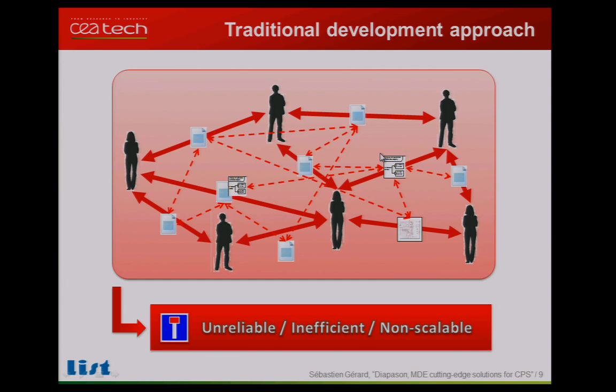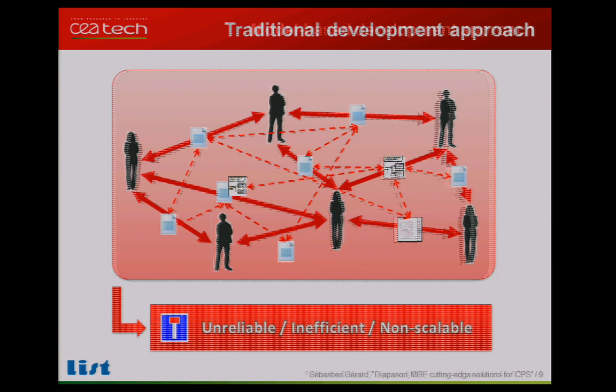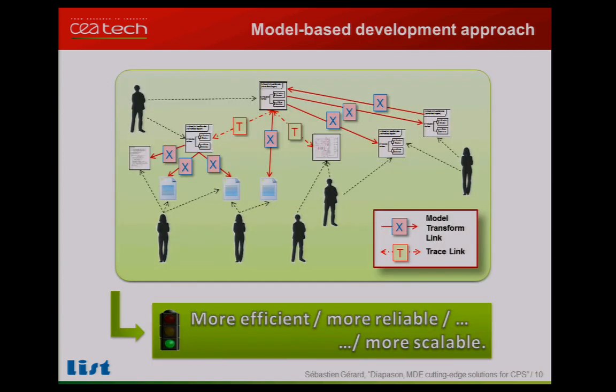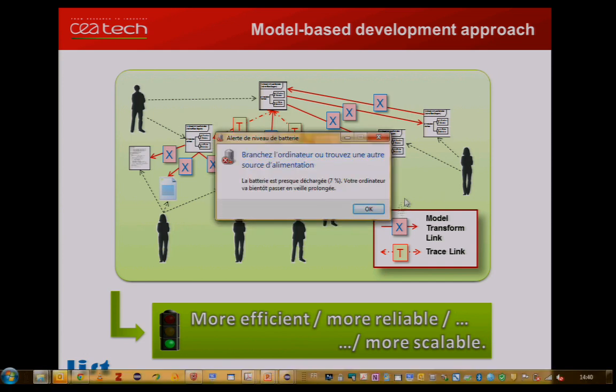So this process becomes unreliable, inefficient, and not scalable, because the more complex the systems are, the more people you find involved. The size of the information exchange becomes much bigger, and in fact it becomes unmanageable for a human. So the idea of the model-based development approach is to try to